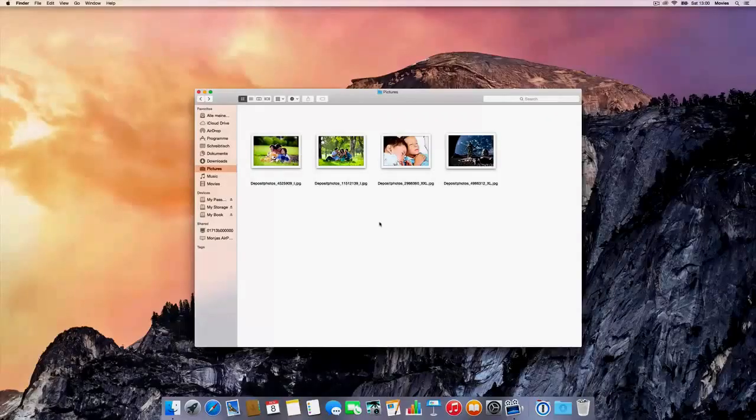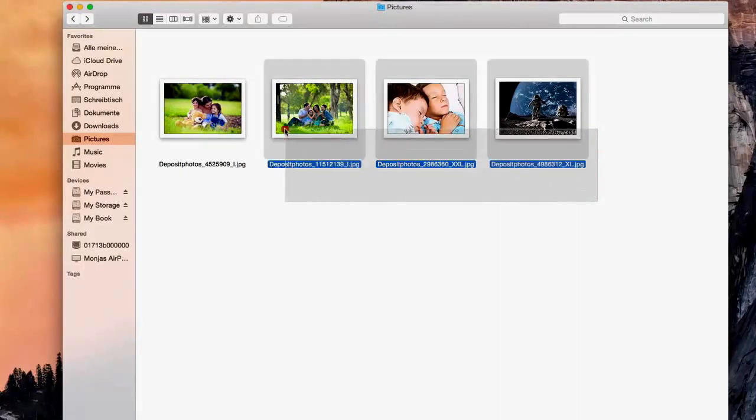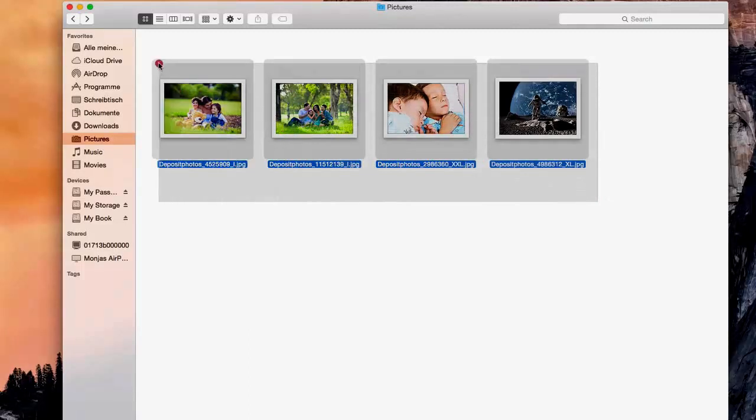In this video, I'm going to show you how to rename all images at once. This feature hasn't been available before Yosemite, but now it is, and it's really a great feature because you often need to rename not just one but a lot of images, and here is how you can easily do that. So go on bottom right and just drag over all your images, so you have like a